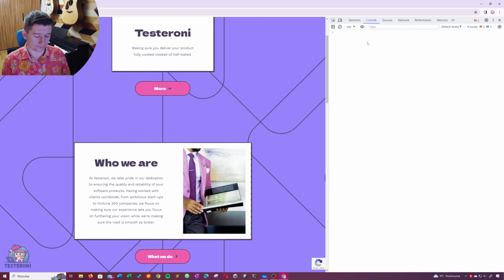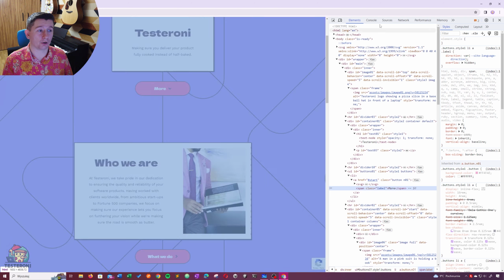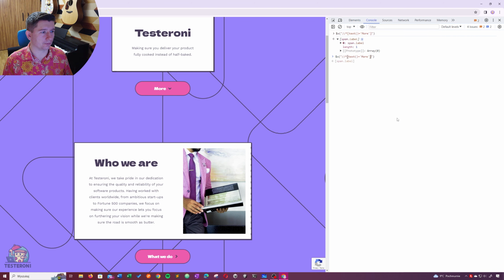So we can just do, once again, good old friend $X, and within the whole page, look for any element, and now we do the function. Inside square brackets, once again, if we want to filter, always use the square brackets. So within the square brackets, let's do text equals more. And as you can see, we have the span element that contains the more. And since we know how to go to the parent, we can just do